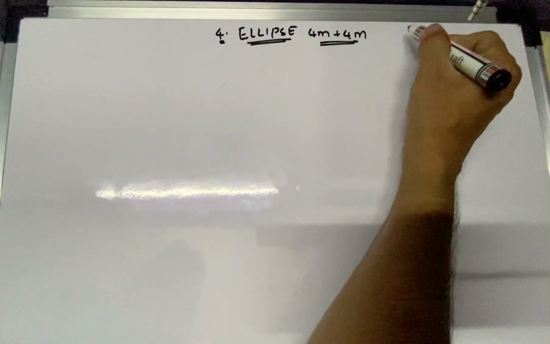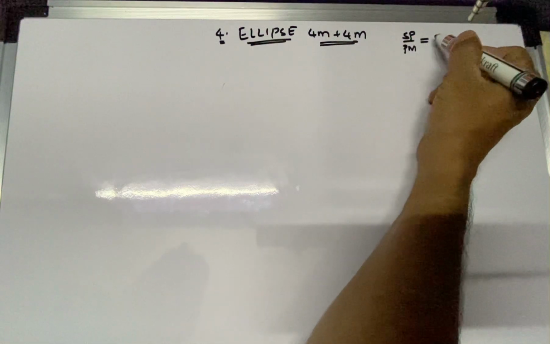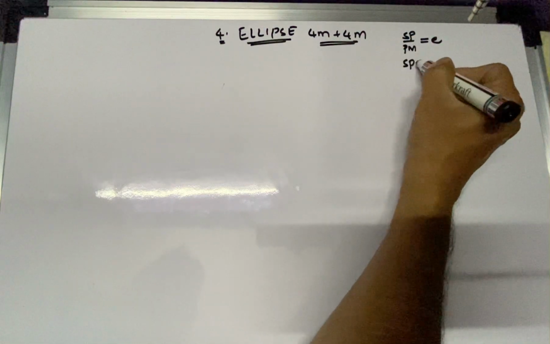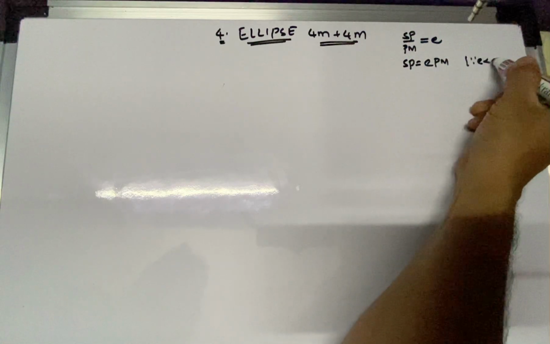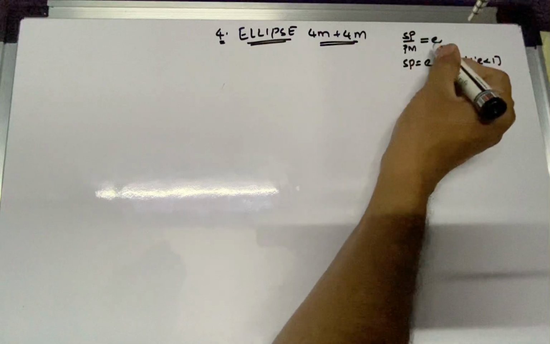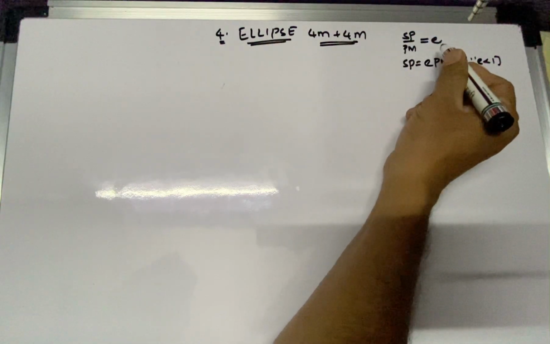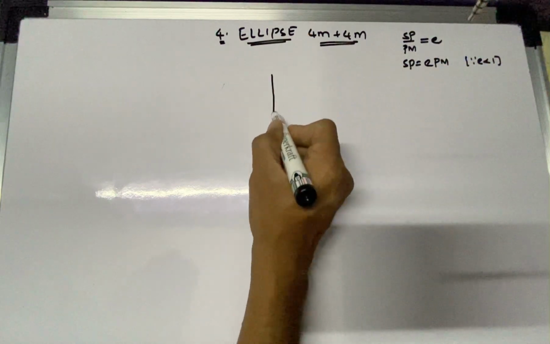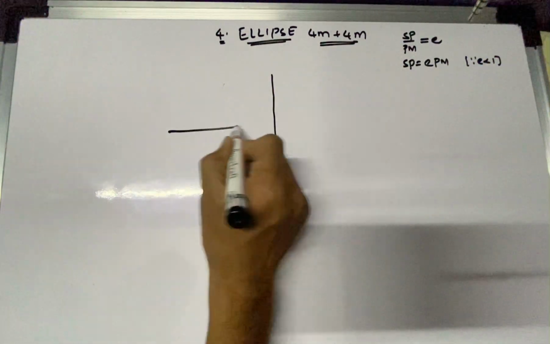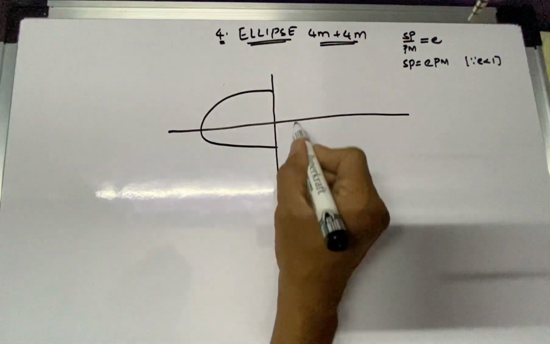That means SP by PM is not equal to 1, it is equal to E, or we can say SP is equal to E times PM, in which E is less than 1. The same equation holds for a parabola also, SP by PM, but there it has a constant value 1. Here the constant will change. Suppose you are drawing an ellipse, we can have parabolas,